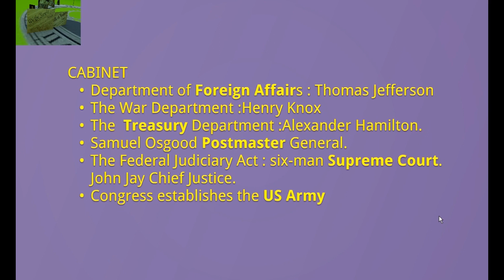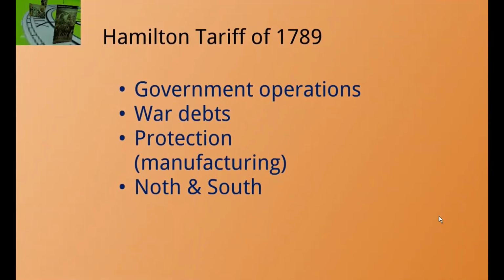So we have this executive branch extended, and we have also the United States Army, which can be part of or associated with the national government, with this new central government created by the Constitution. One of the important results of the cabinet that Washington creates is that Hamilton is going to use his position as Secretary of the Treasury to implement his vision of empowering the central government, and also his vision related to